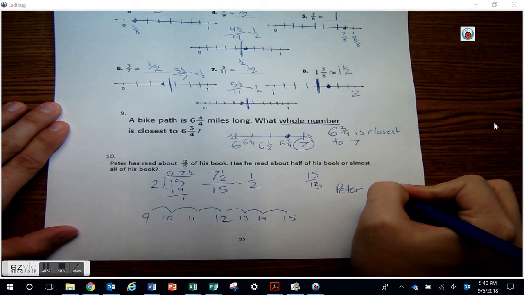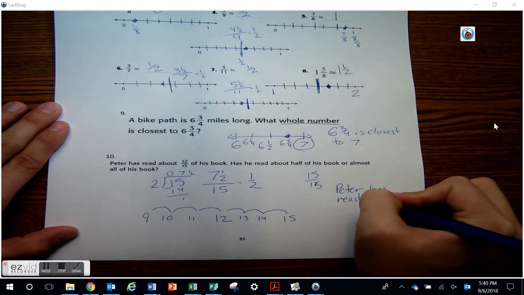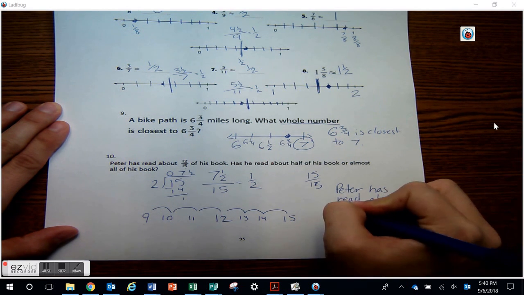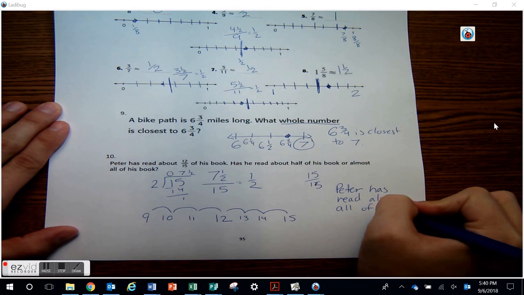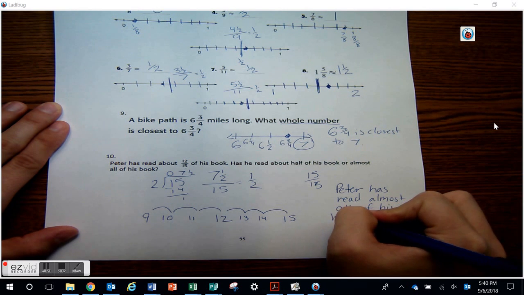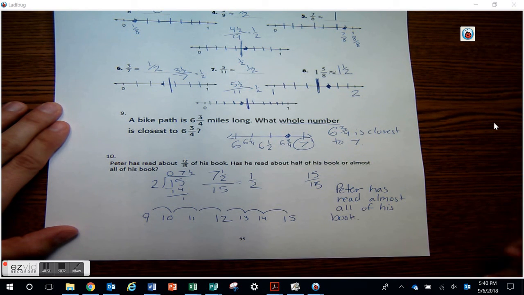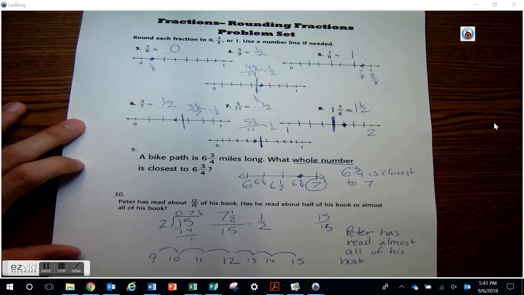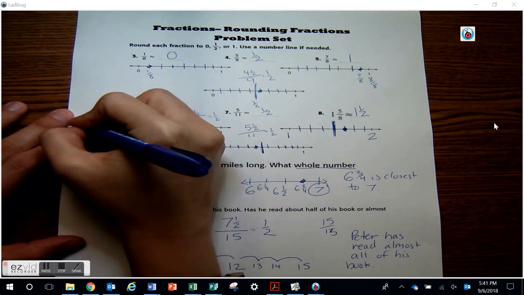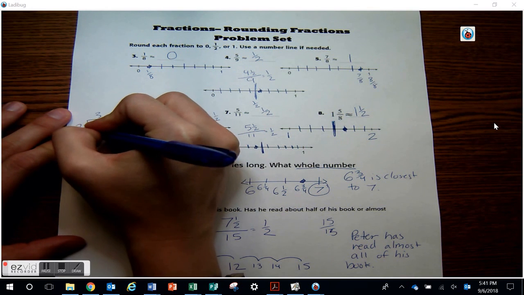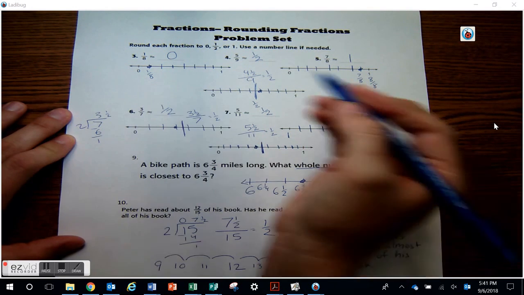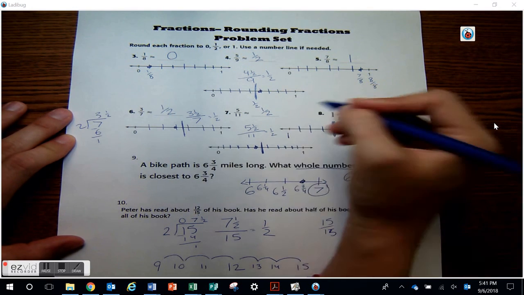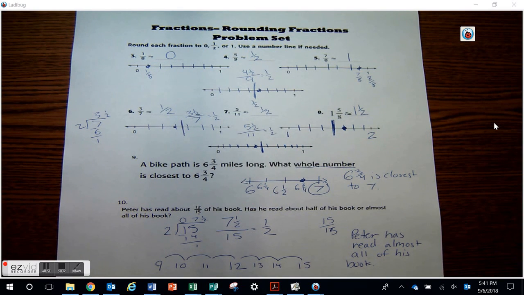Is 12 closer to 7 1/2, or is 12 closer to 15 15ths? Well, let's see. To get from 12 to 15, we would go 13, 14, 15. Here we'd go 11, 10, 9,